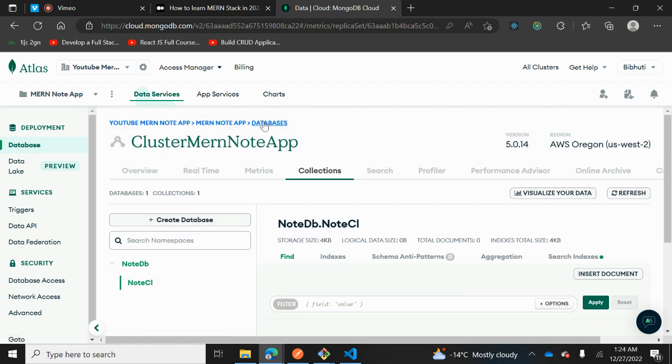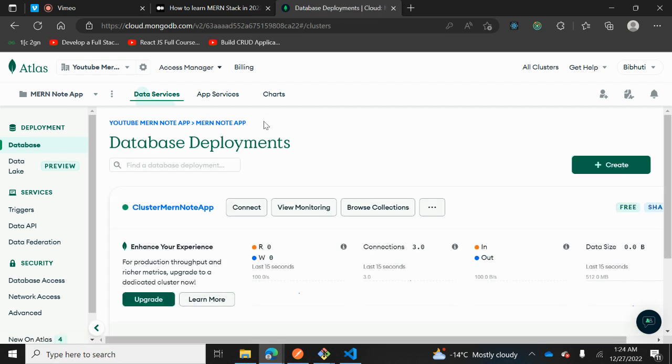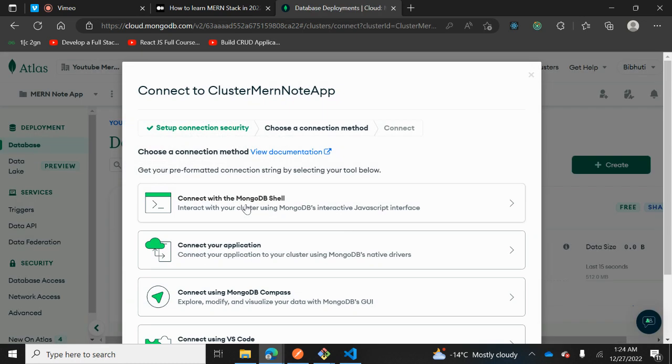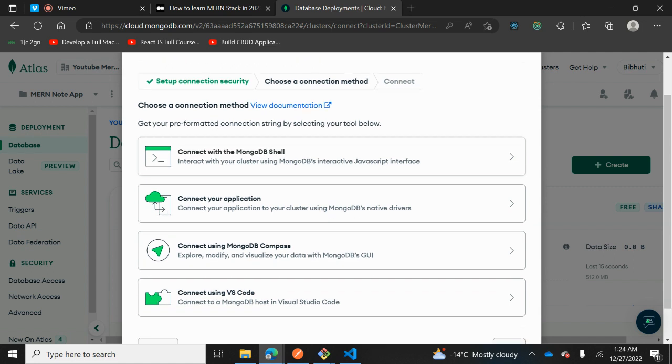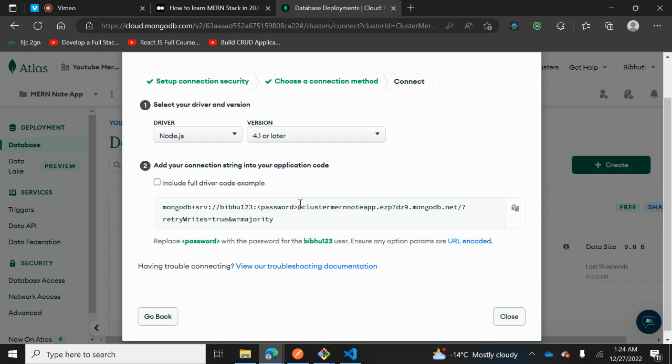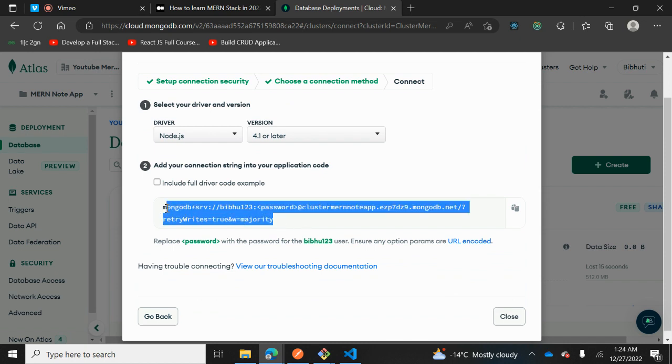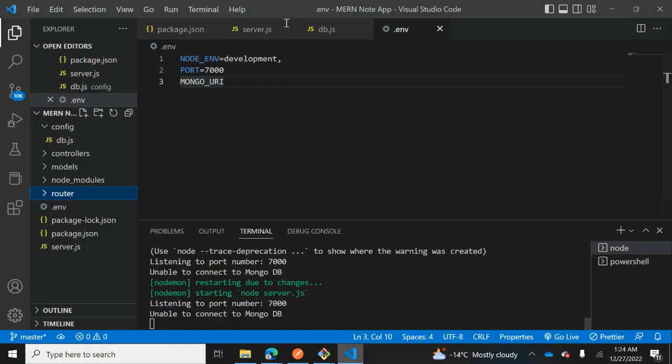And now let's click on this databases. Let's click on this connect. If you have this MongoDB Compass, the third option on your desktop, it would be easy for you, but I'm gonna stick with this second option on my application. Copy this and